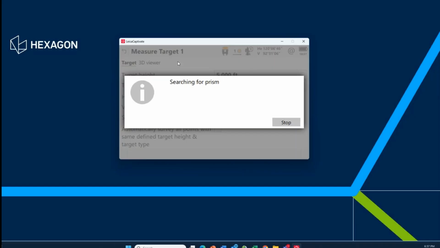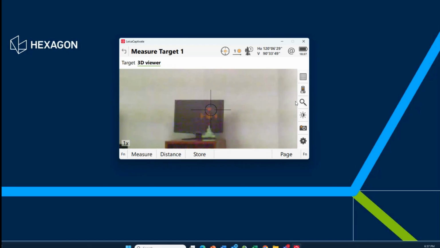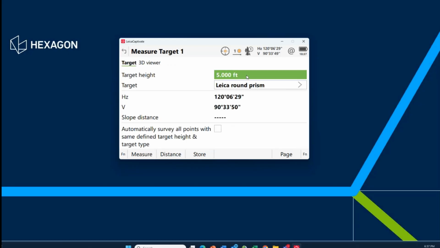So it's going to search for that first prism. It doesn't ask me for the point ID. If I go to 3D view, you'll see that it's looking at a prism right now. I don't need to tell the instrument which point number it is. We're using the auto setup, and it's to calculate a resection automatically. So I'm on a prism. The only thing it's asking me, prism type, height, and I want to survey all my points. They all have the same prism type and height. So I can take a distance